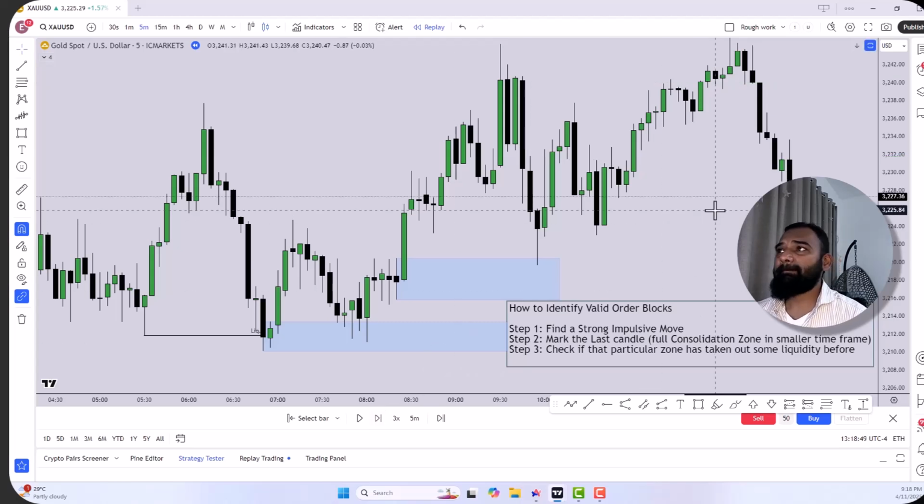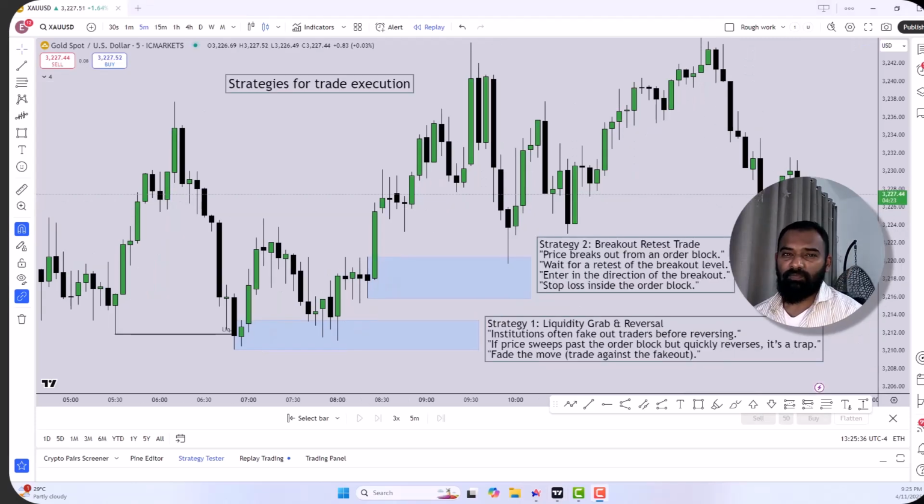So we have to understand this, that in a particular price segment there can be multiple order blocks. Do we have to trade them all? No, we do not have to. We have to identify most high probable order blocks. With these 3 steps, you can identify the high probability order blocks. Now that we know how to spot them,